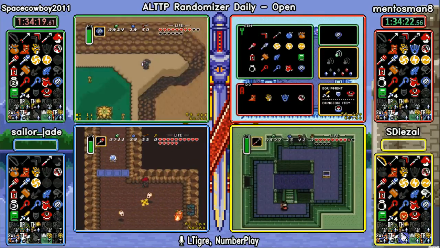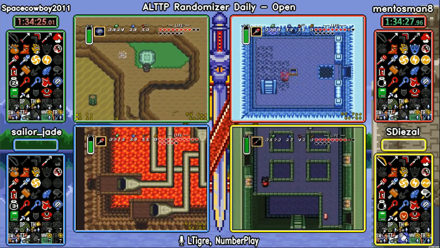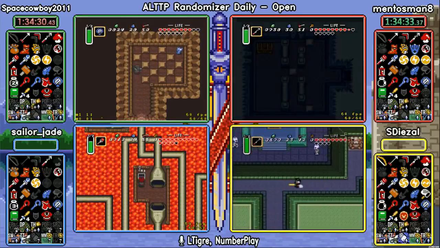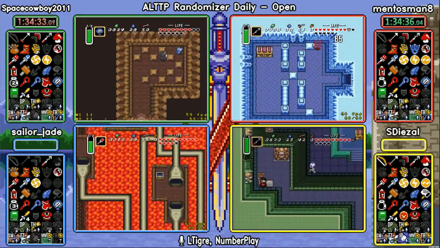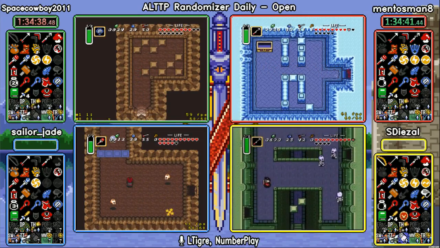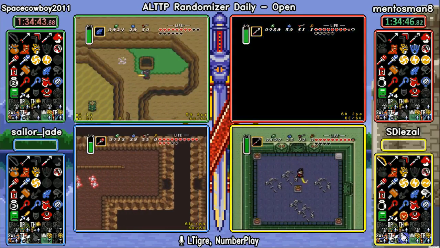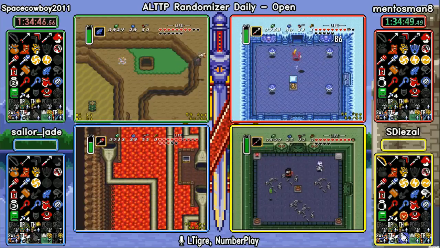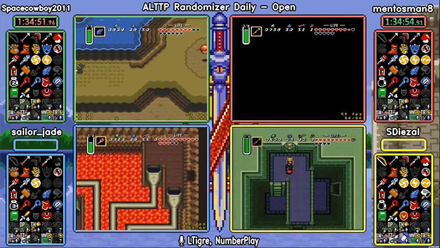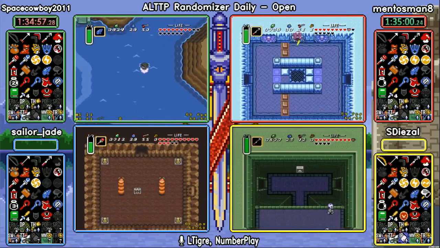Especially in a seed like this, it's pretty easy to get lost when they're kind of putting you in weird, convoluted, puzzle-like scenarios. I feel finding hammer or mirror late is the worst. Yeah, it really is. So many places to check with those. So many places, like all across the map, like weird spots. Not easy to route them all together. It looks like Mentos is taking the same route as SDiezal. I believe that means that Mentos is gonna have the...